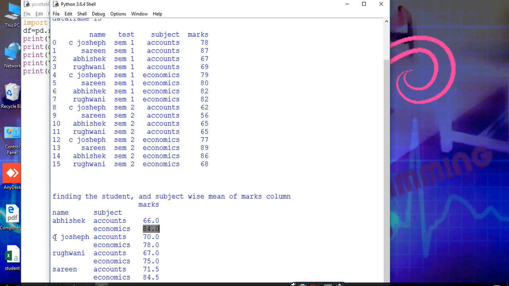And the second student C. Joseph had two subjects, accounts and economics, and for the marks of these subjects we have to find the mean. This is the mean,